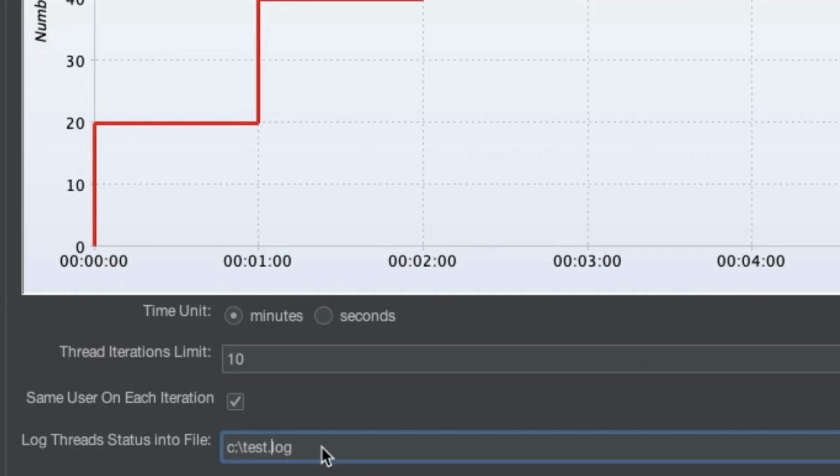So what this setting does is, once you give this file name, JMeter will write a real-time log with all the details of the exact timestamps of when every individual virtual user or thread starts up and shuts down